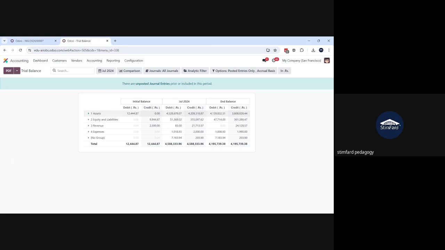4528678 has been debited, 4209318.87 has been credited, and for the end balance, it is showing you the end balance in the debit and the credit. So the debit has been updated by